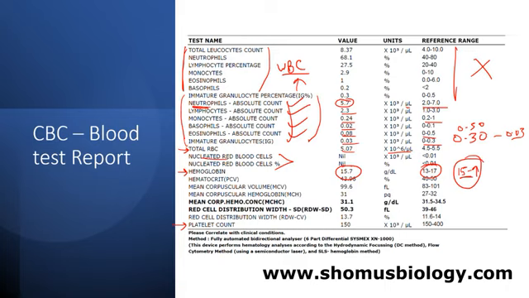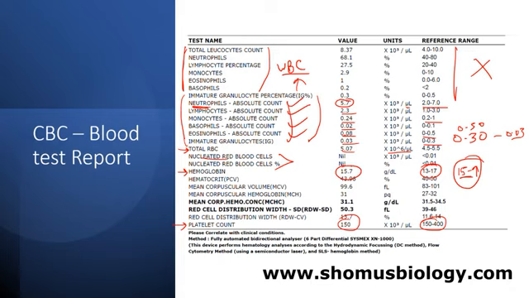Then we have platelet count. Normal range is 150 to 400 into 10 to the power 3 per microliter of platelet count. In my case it is 150, which is exactly the limit of the platelet value. So it's not a problem, it's also normal. And apart from that, there are other things like mean corpuscular volume